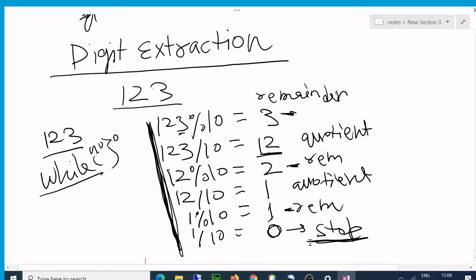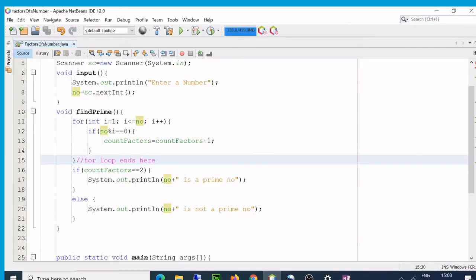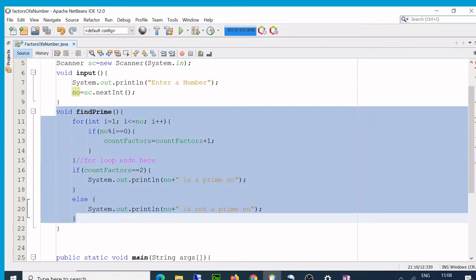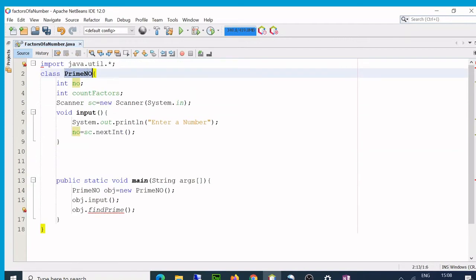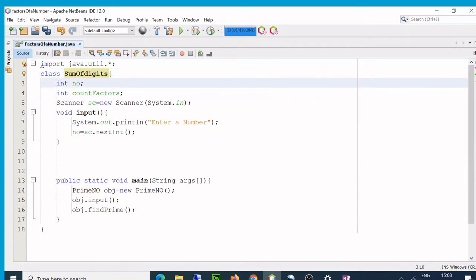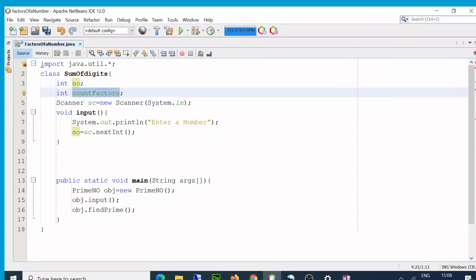So here I am once again. This was my old program, so I will delete it. Input remains the same, and here I'll say sum of digits. So I input the number and then I'll find the sum.